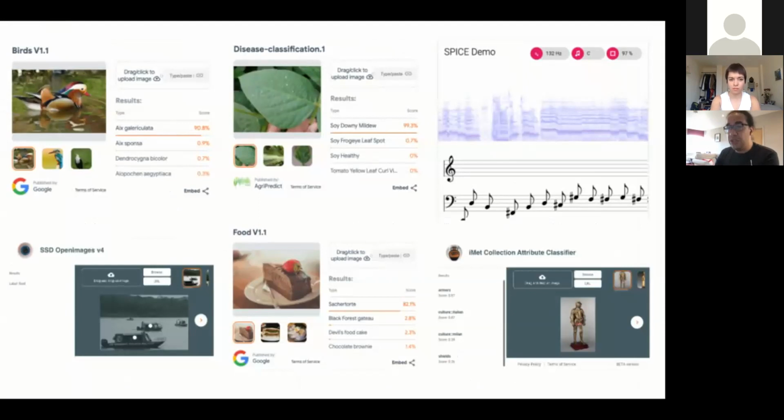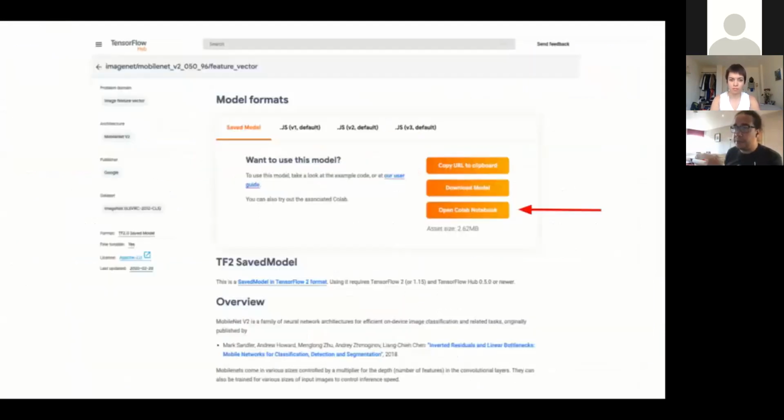And if you want to play with the model, you have a link to download it. Sorry, this is already an old page. We updated the visuals, but it's basically the same idea. So you have the description of the model. You have how to do the inputs, what are the expected outputs. We have the link to a Colab notebook where you can play with the model right there. You can download the model, of course.